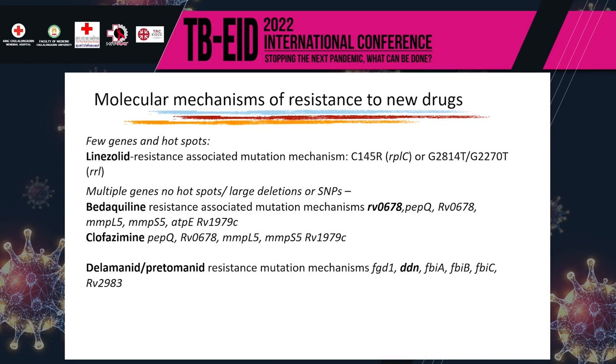Few words about the molecular mechanism of resistance to the new drugs to understand what are the challenges to develop new tests. Linezolid resistance, as I've already mentioned, is associated with mutations in 2 different genes with hotspots. So technically speaking, it is possible to develop a rapid method of resistance detection. Bedaquiline, clofazimine, delamanid, and pretomanid instead have a much more complex situation, with resistance associated with mutations in several genes